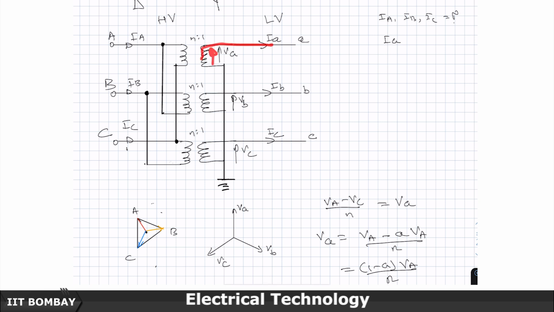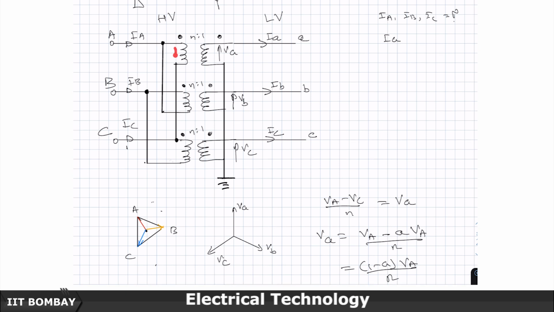IA, the same, because the same current is going to flow here, and I should not forget to put the transformer dots here. So, if the current is going out from this line, the line current is IA, and the transformer winding current is also IA. Because the voltage becomes n times here, the transformer's turns ratio is n:1. So, therefore, this current in this direction is going to be